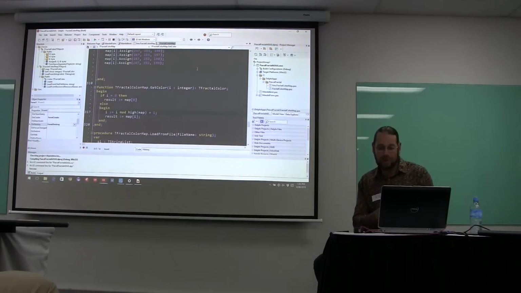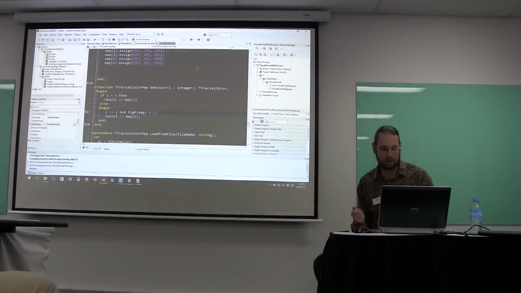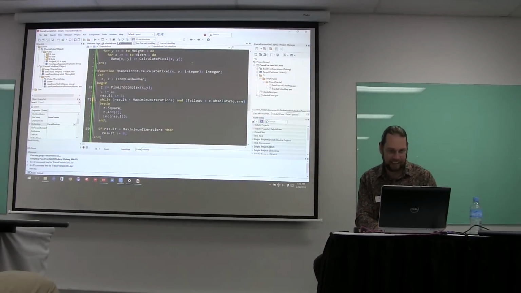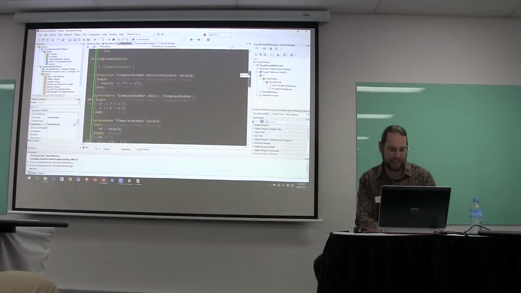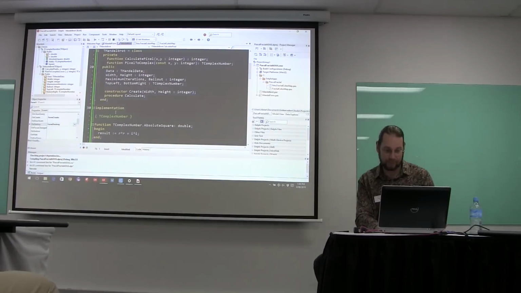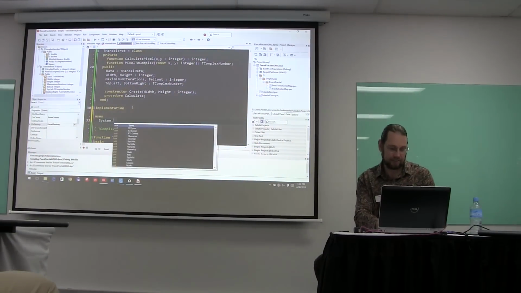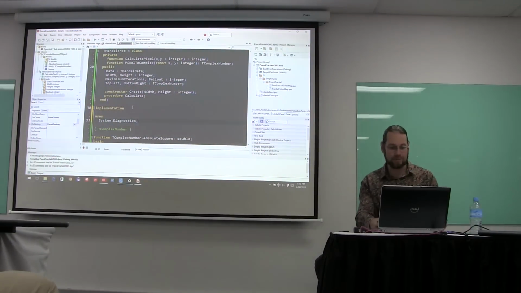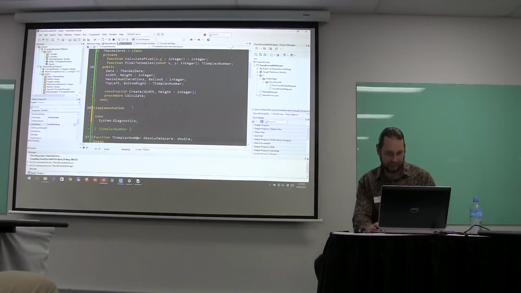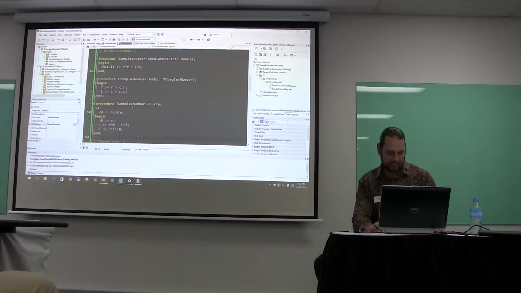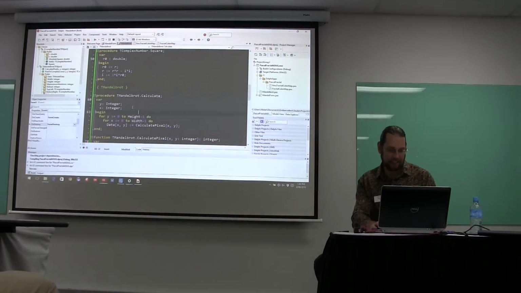Okay, so we now want to start doing some optimizations. And we need to be able to measure our progress. So we want to time how long it takes to generate the fractal. So I'm going to use the System.Diagnostics unit, and in that there is a record called